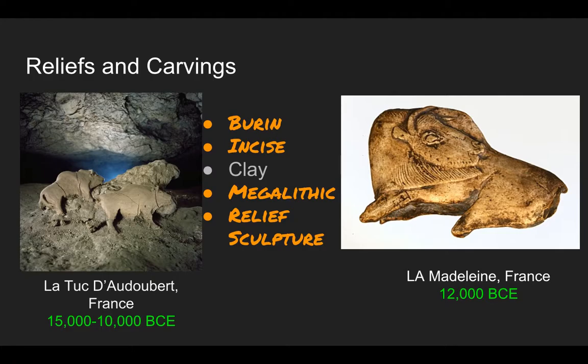Relief and carvings. So these are megalithic sculptures. This one to the left here is a megalithic sculpture, which basically means a very large stone sculpture that's not movable. So no matter the theories, we know for certain that these paintings,